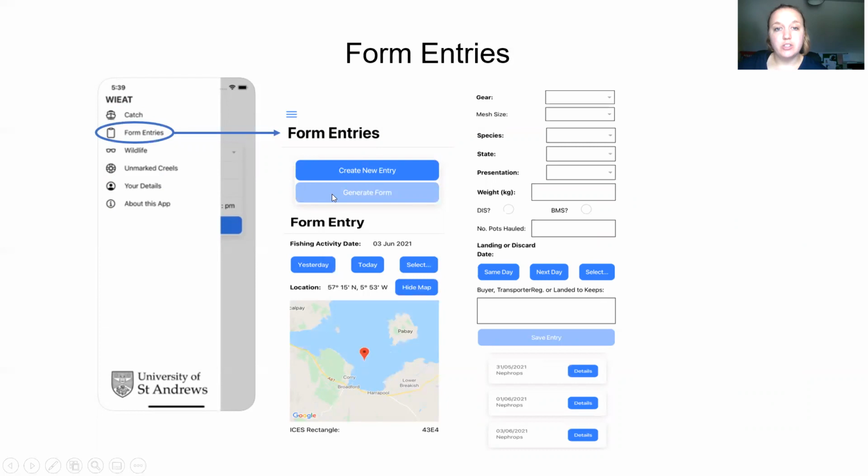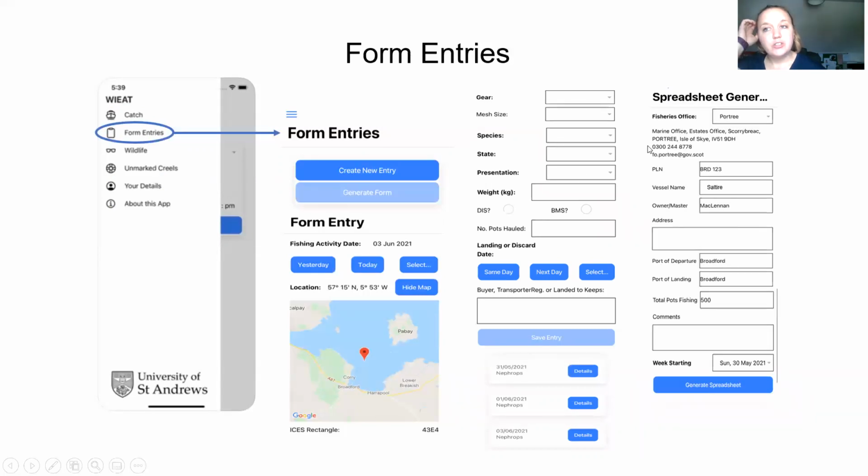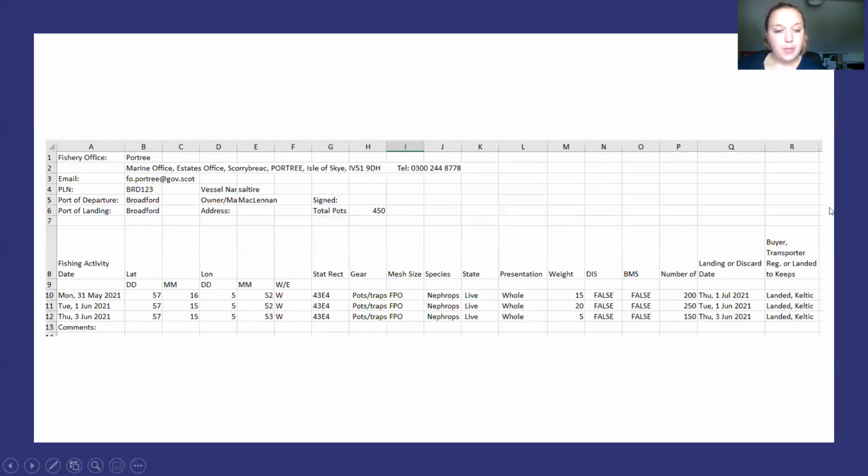you can then click on generate form. When you do that, if you have already completed the your details section of the app, a lot of these fields will be pre-populated, and it will include all of these entries that you've put in. If you then click generate spreadsheet, this will create an Excel spreadsheet in the same format, with all the necessary details that are needed for